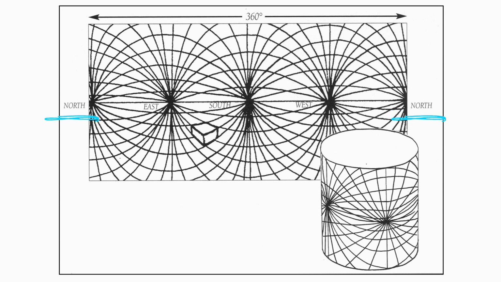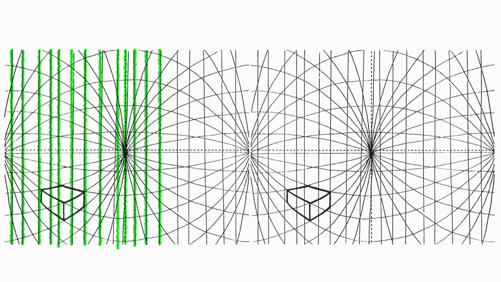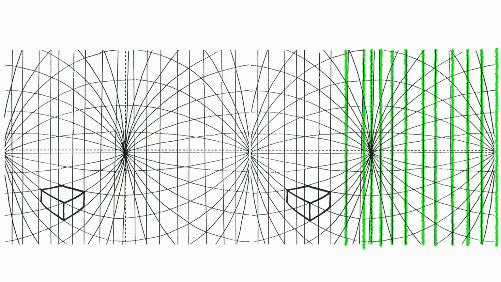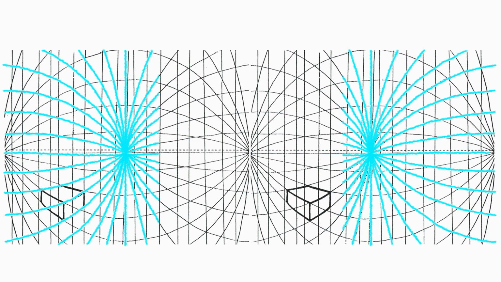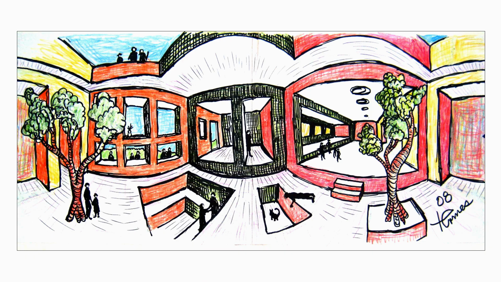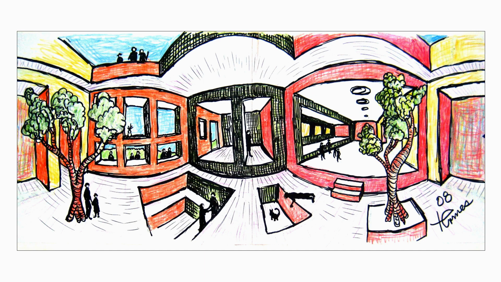And notice that I've said north, east, south, west, back to north. So on the flat grid, the left-hand side actually is the same point as the right-hand side. One set of the 3 sets of lines are actually running straight up and down. The other 2 sets of lines of the cube are curving to their points. This one is using the 360, and the right-hand side fits with the left-hand side. And the up and down lines are all straight up and down, and the others are picking out the curves that the grid helps you with.